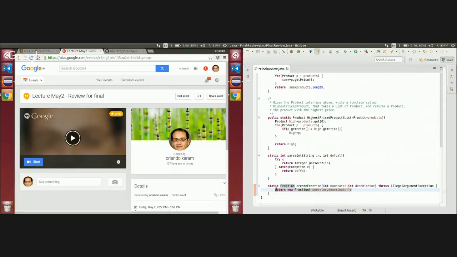Now, before that, we want to check, right? And so if the denominator is 0, we want to throw an exception, right? How do we throw an exception? What's the keyword? Throw. Throws when you declare that you're throwing it, throw when you're throwing it. New